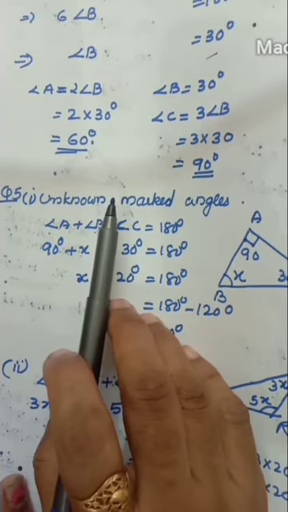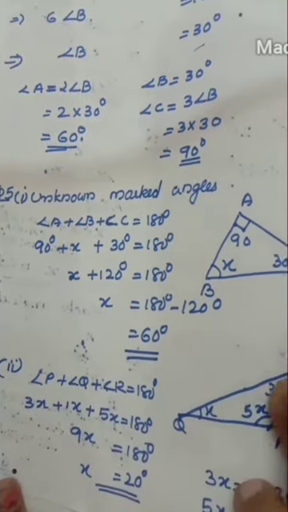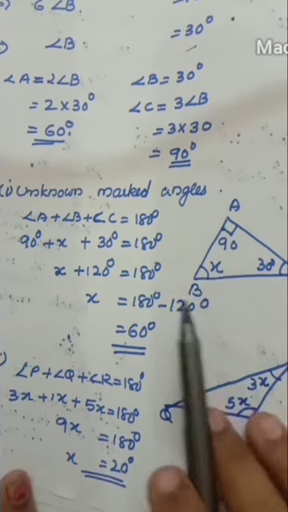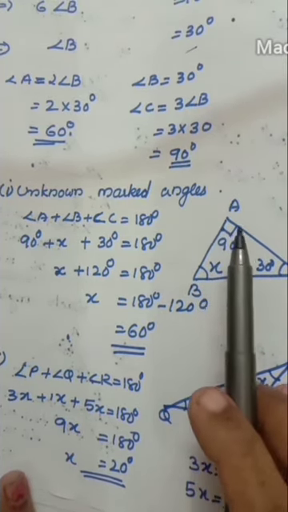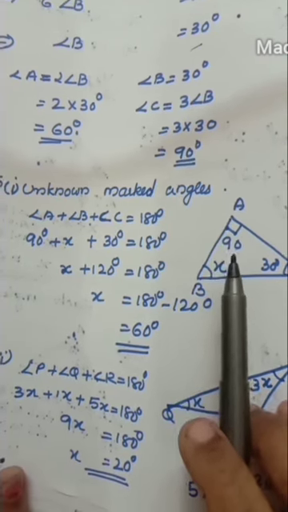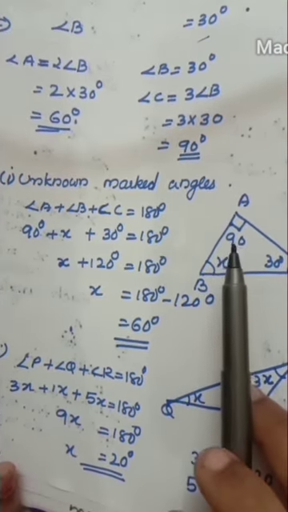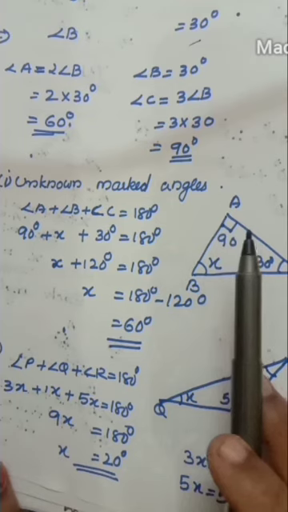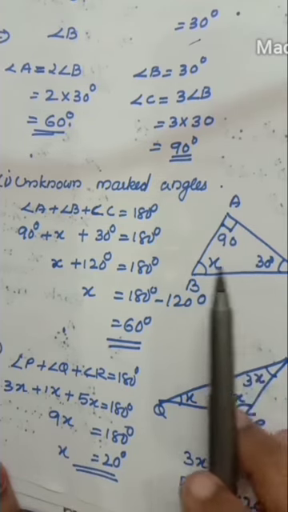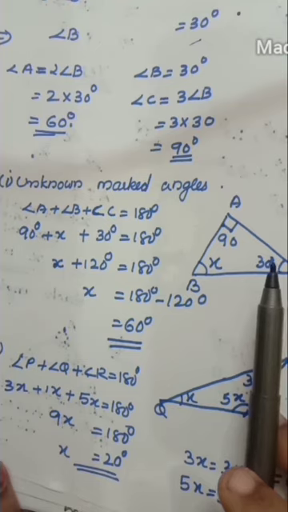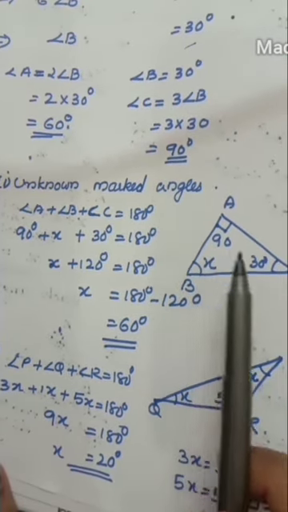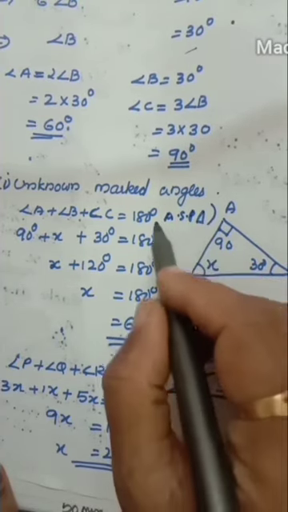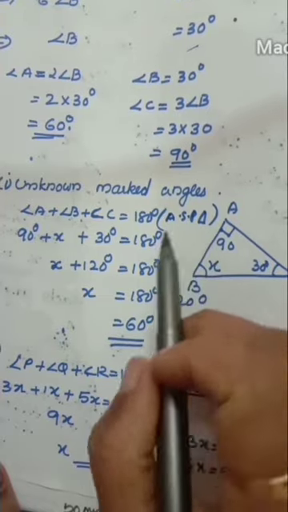In each of the following figures, calculate the unknown marked angles. Unknown means variables. Here x is the variable, you have to find out the value of x. In the triangle, anyway you are seeing the square, this one, square angle, that is 90 degree. Square meaning 90 degree. So one angle is 90 degree. In the introduction part I already told you if one of the angles is 90, then the other two angles' sum should also be 90 degree. That also you can use, but here I did the angle sum property only. Angle sum property of a triangle. Okay, this should be right. This is a very important reason.